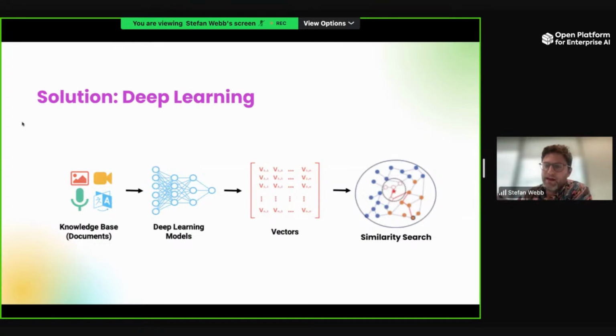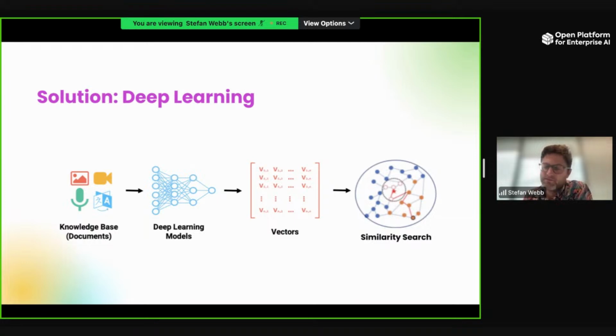I mentioned that the challenge with semantic search is we need a feature representation that can capture some sense of the meaning. As opposed to, for example, a bag of words, we need something that captures the meaning of inputs like words, but also has some sense of the relationship between them. And so the solution, of course, is deep learning, and these really powerful models that have been around for the last 12 years or so.